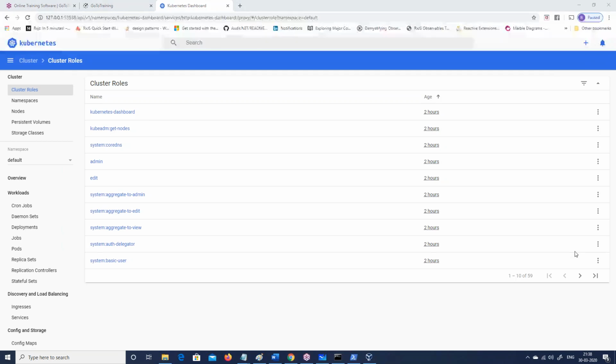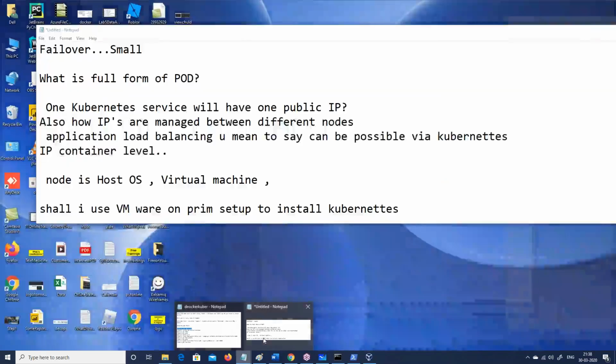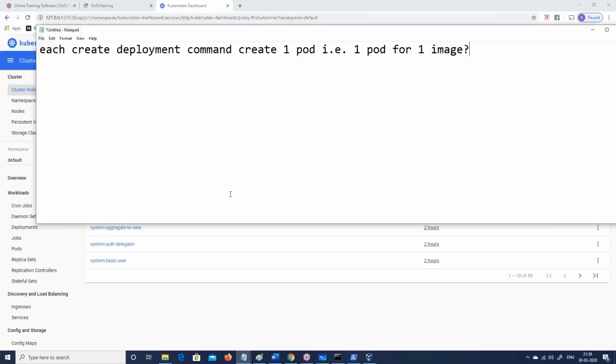Yes. How I ran the Kubernetes dashboard and so on. Yeah, each deployment, yes, each deployment. I can see some questions out here. Each deployment will create a pod. Yes, it will create pod 1, pod 2.